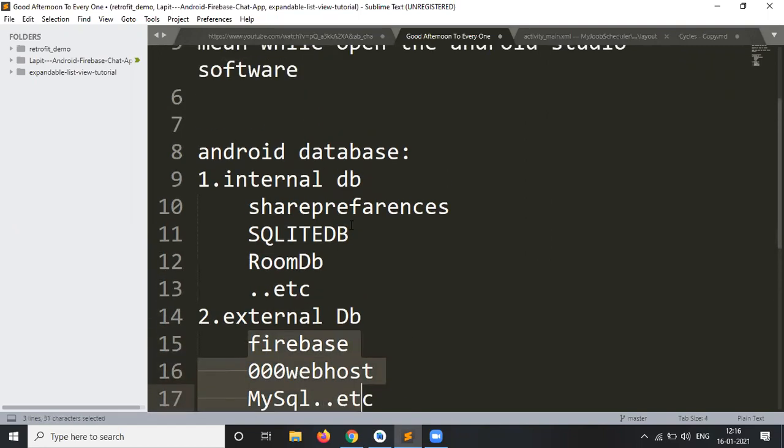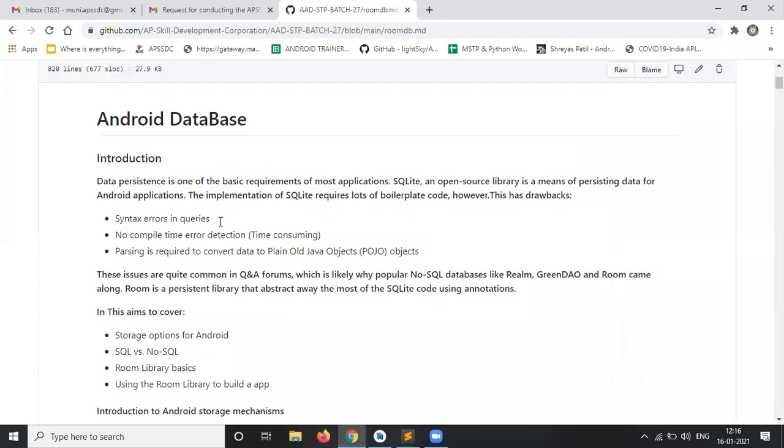From these databases, today we will discuss the Room database, and what the difference is between shared preferences, SQLite DB, and Room DB. Here I have given the document clearly.